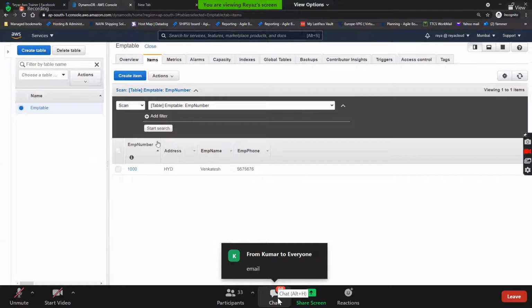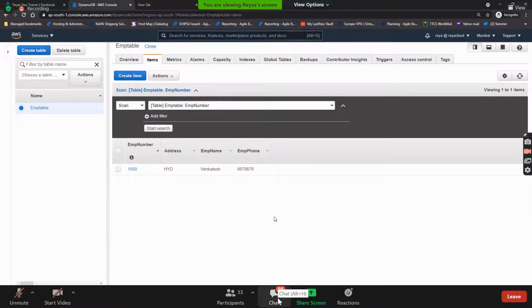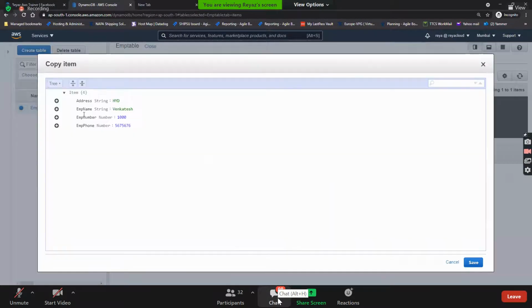Is this possible in your RDBMS? This much flexible? No, right? It's not that flexible. So here you can add the columns on the fly. Guys, see here in these actions, you can duplicate this value. Just click on it, so the same value comes. But here, if I change Venkatesh to Kumar and Hyderabad to Bangalore and the phone number, and I don't change the employee number, can I save it?